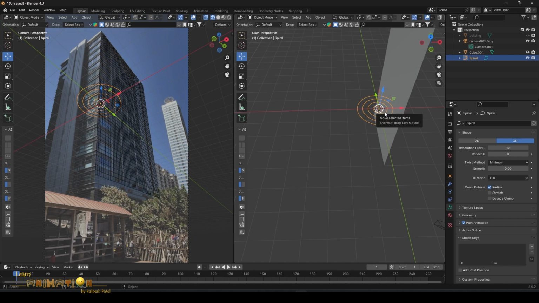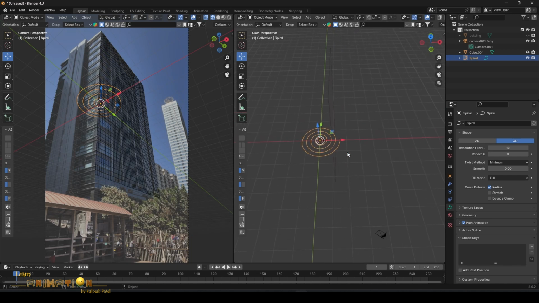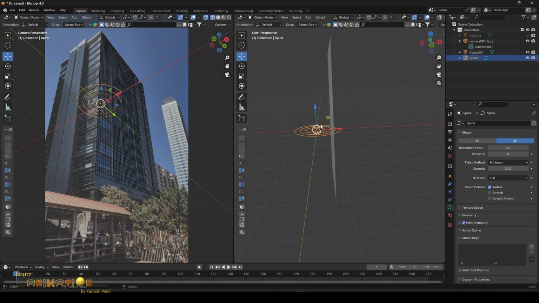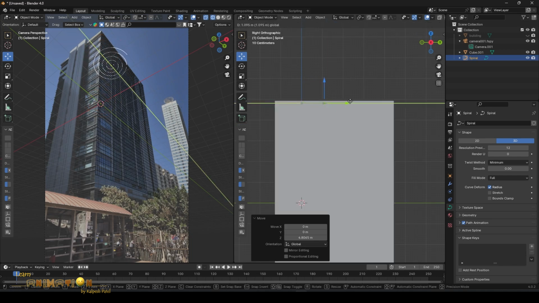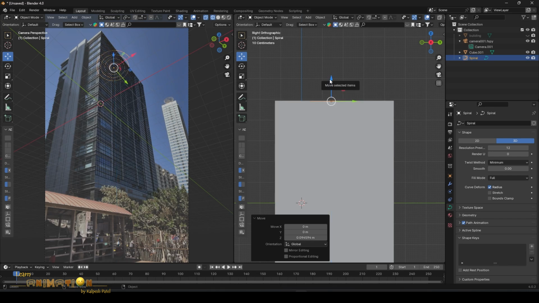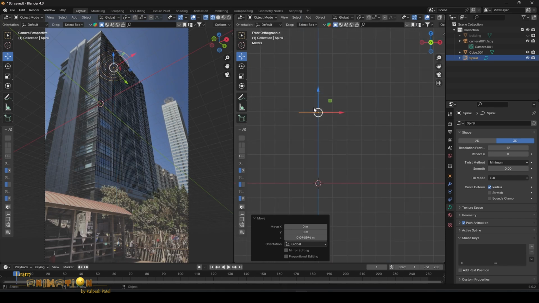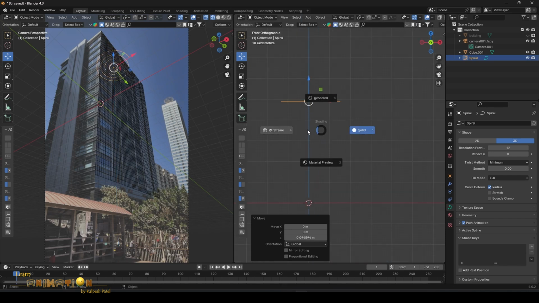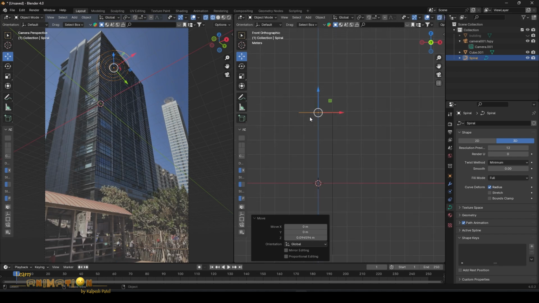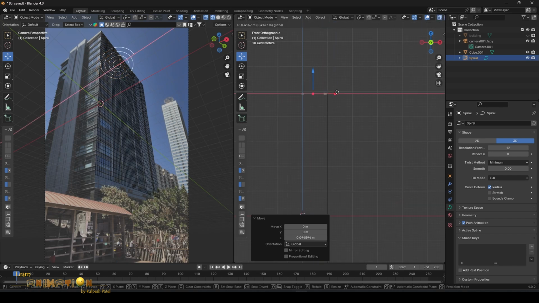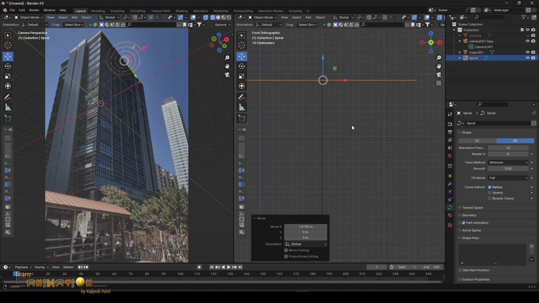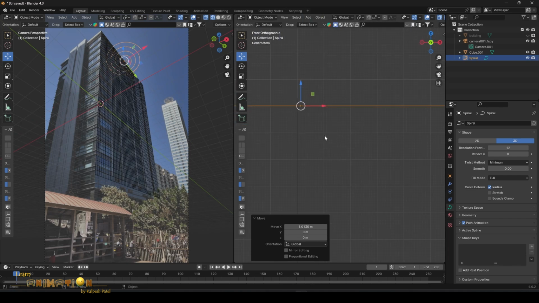Now go out of edit mode and adjust the placement of this. Go to front view and make sure the curve is in the center of the banner which we have created. If it is not visible, go to wireframe mode and set the position here. Position is very important.